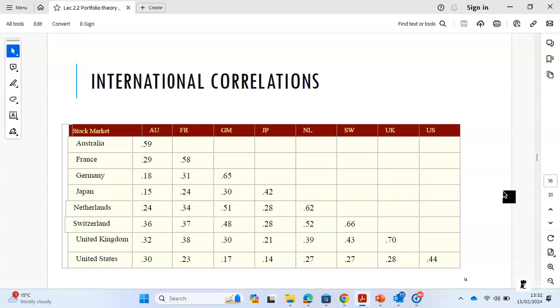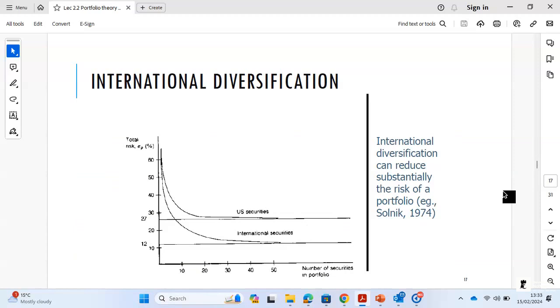So now we are moving to international markets. Here we are talking about international diversification. If you want to get the most out of diversification and achieve the optimal portfolio, then you need to take international diversification into account as well. So you look at the correlation between different markets and then choose investments from markets that are least correlated, because that would increase the benefit of diversification. Okay, and this is the result.